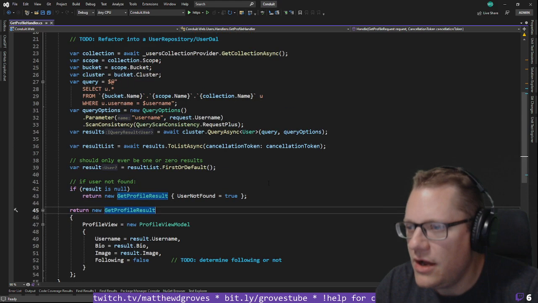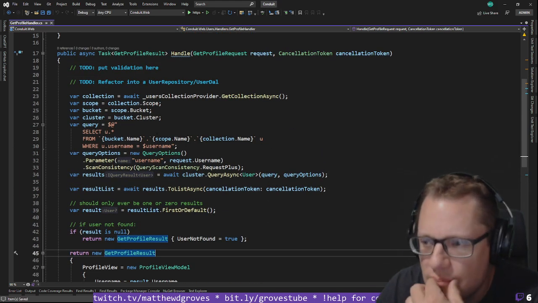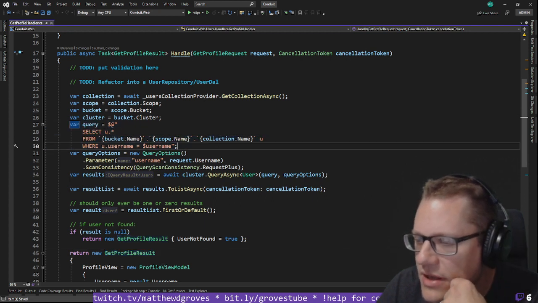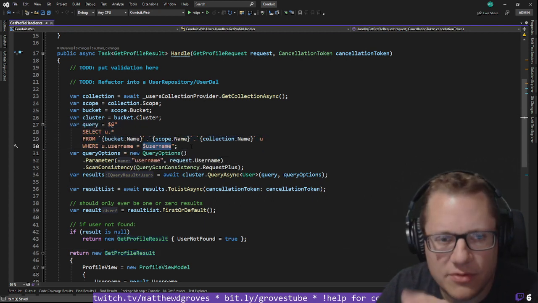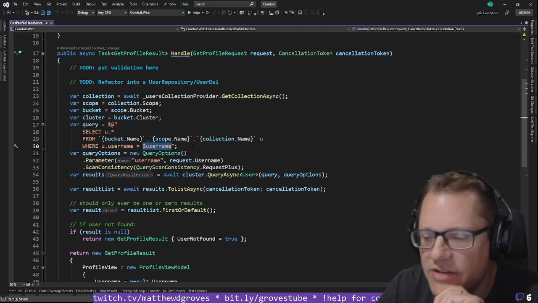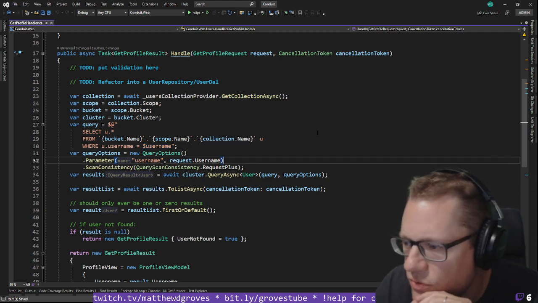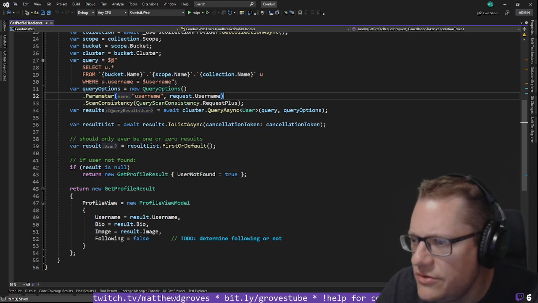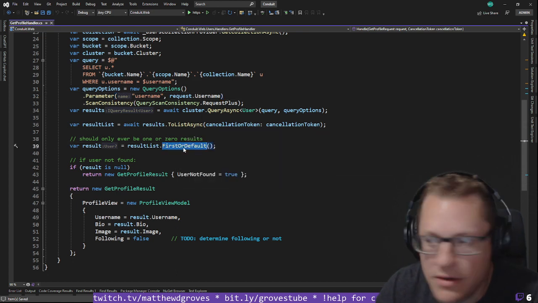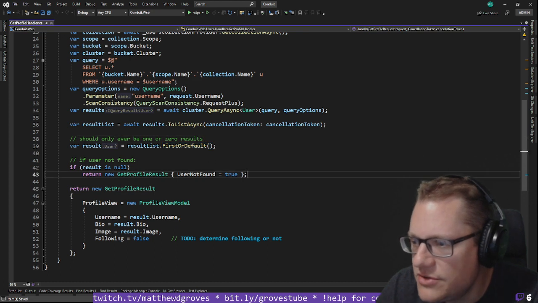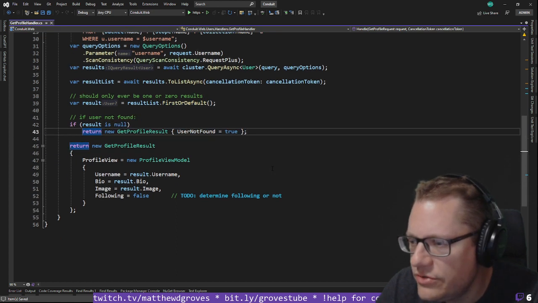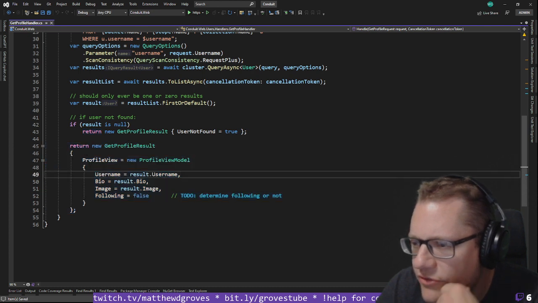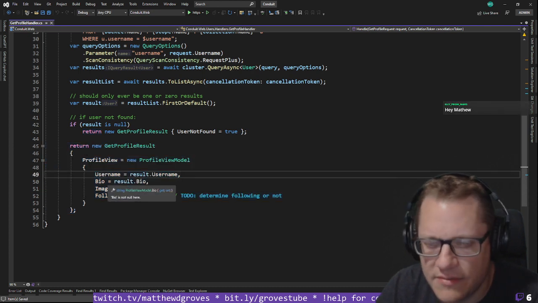Okay, all right, so I think this is doing a SQL query to select the user by username. And this is the point where I was like, well, the data access needs to be different here. But let's just get this to work first, make sure this works. It's going to get the first user out of this. It should only ever be one, but we'll get the first out of there. If user not found, return user not found equals true. Otherwise, we're going to return the get profile result, which all we need is,